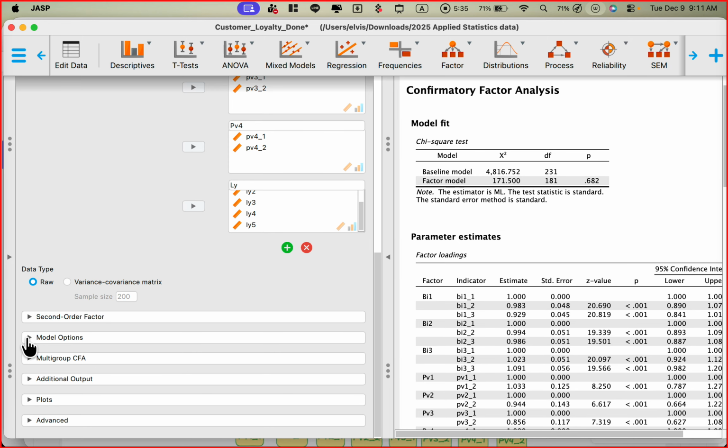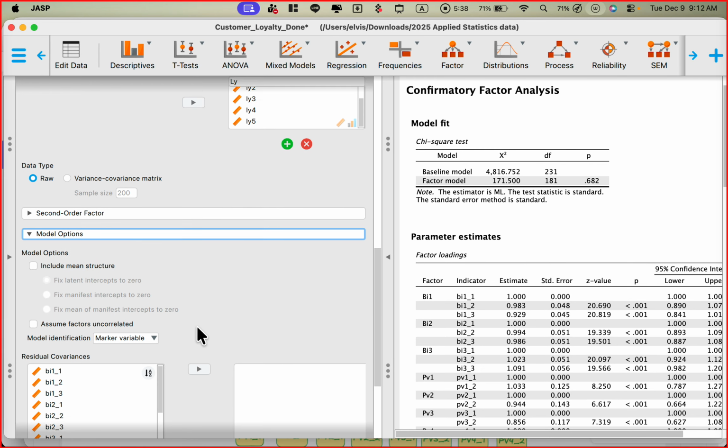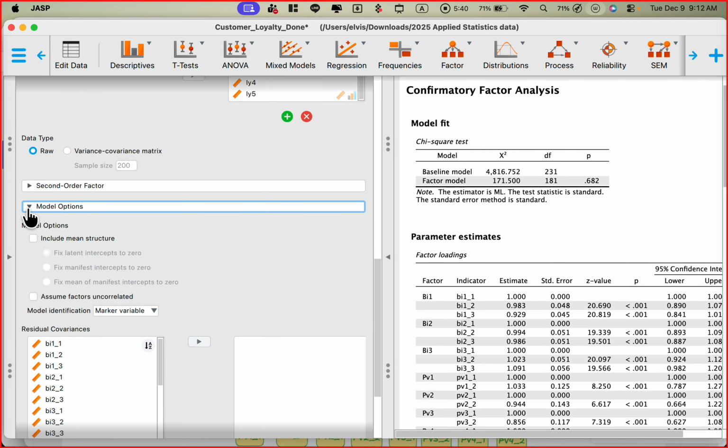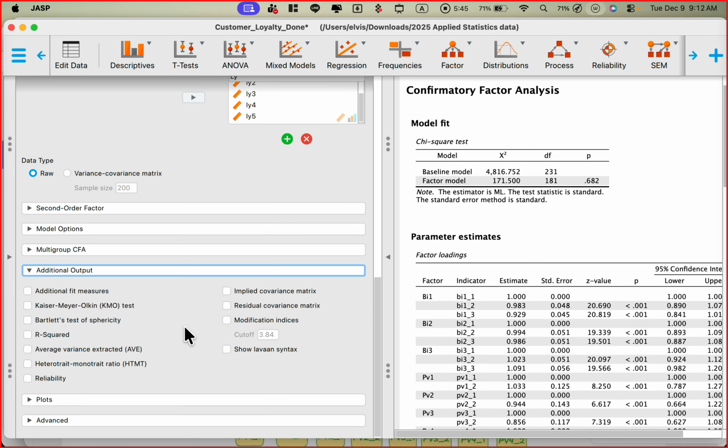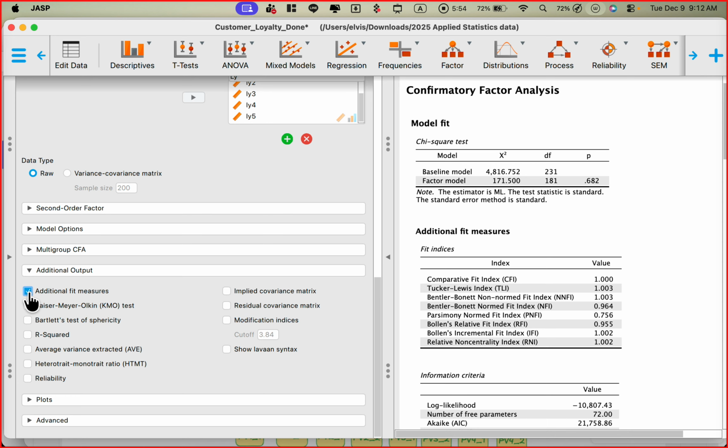For the model option, take a look. We don't need to do anything, so skip this part and click additional output. Yeah, we need this one. So we like to see the model fit. So additional model fit measures, you have to check this one, additional model fit measures, and R square, and AVE, and HTMT, and also reliability. Okay,